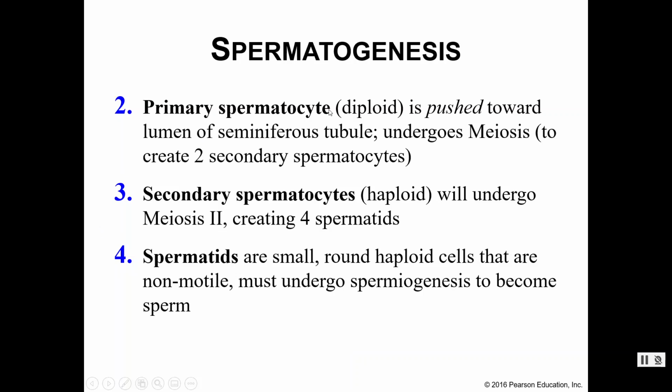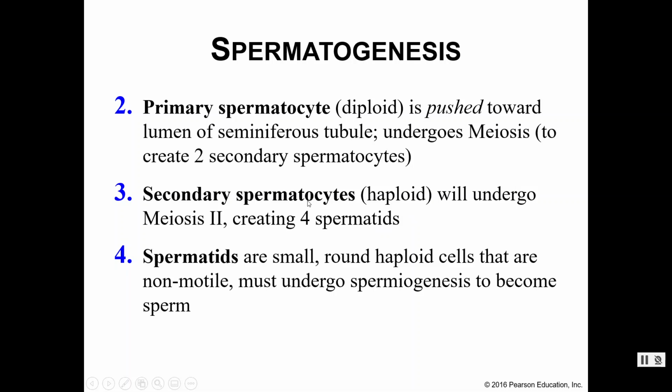Now, that primary spermatocyte, still diploid, we are going to push it towards the lumen of the seminiferous tubules, and it's going to undergo meiosis. So basically, it's going to split in half. This creates two secondary spermatocytes, and our one diploid cell now becomes two haploid cells. Each of those secondary spermatocytes only has one set of chromosomes now. Both of them will then undergo the second round of meiosis, which basically creates 4 spermatids,